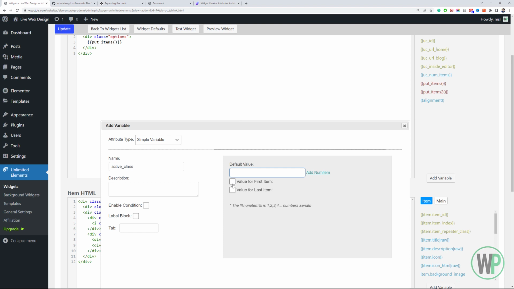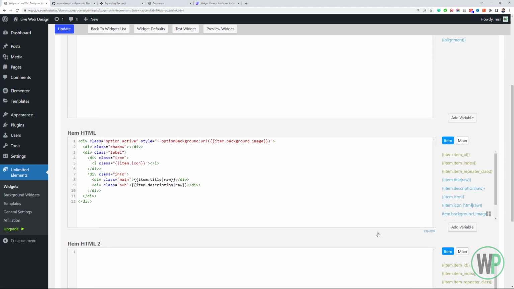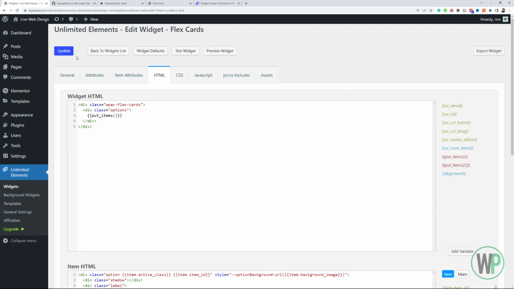You can check this box for the first item value, and I will give this box the text active, and I will replace this one with the variable which is available over here. Now it will print the active class or active text only into the first item, and I will also include the item ID variable over here to apply some unique styling to the item, which is basically the icon color. Okay, update,